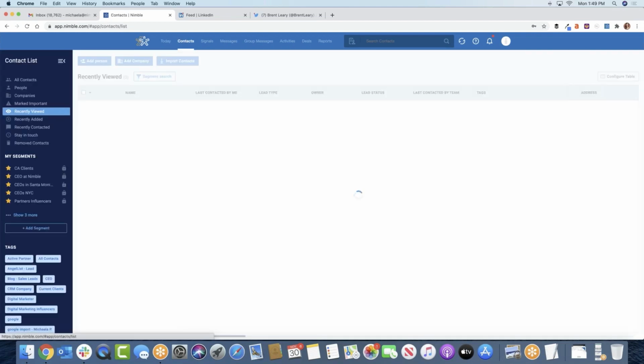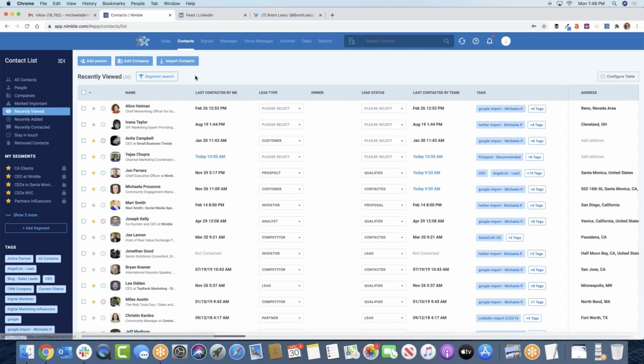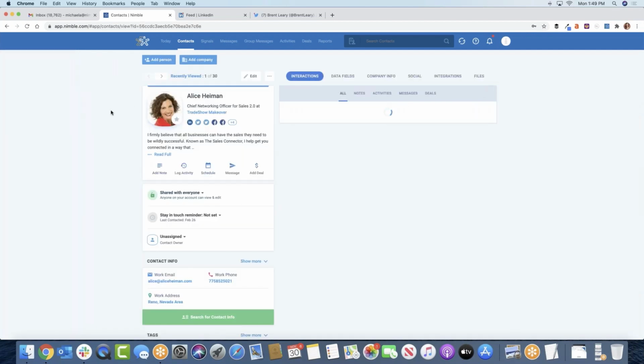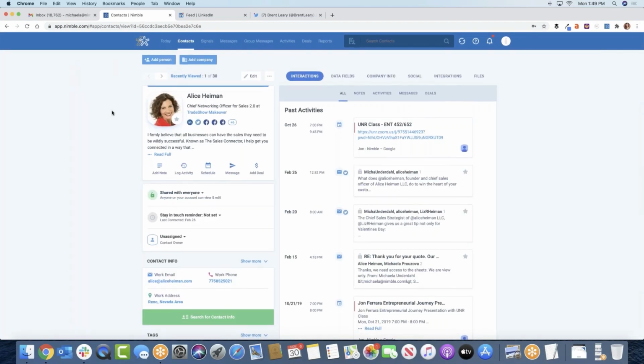I also want to show you what a contact record looks like inside of Nimble. So here we are. What I showed you on the Nimble browser extension is a smaller view of what you can see in the full database here. So of course, on the left side, you see the main information, who the person is, where they work for. You can also create a company record for their company.